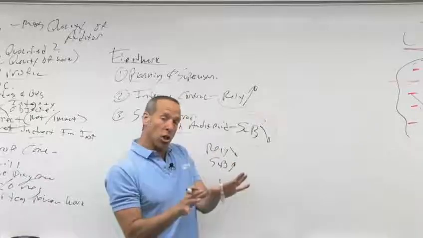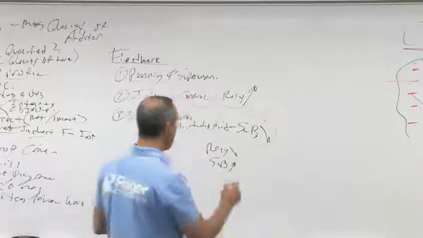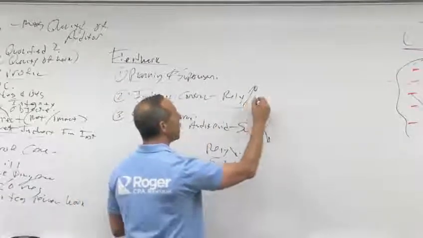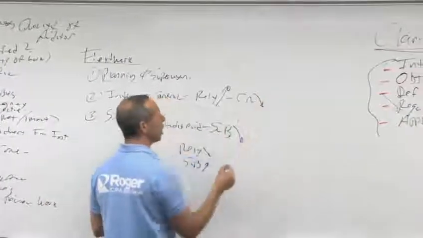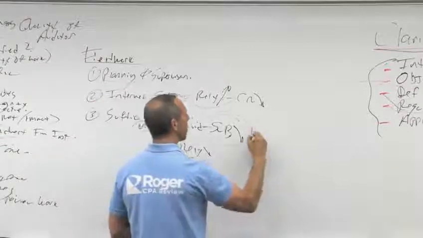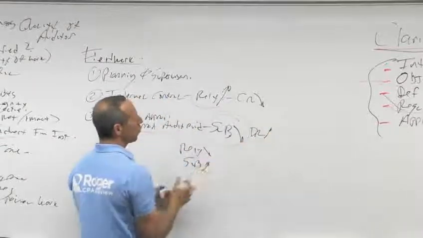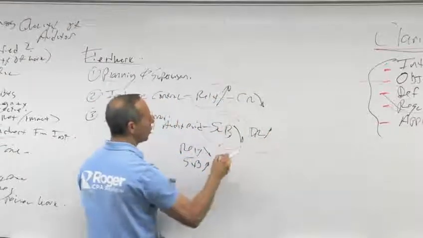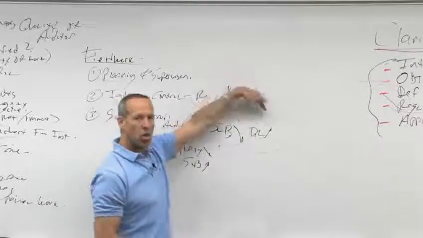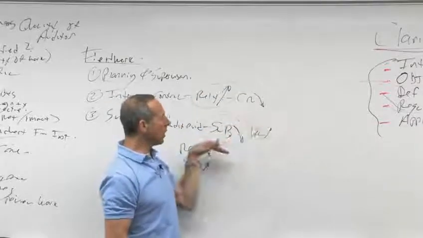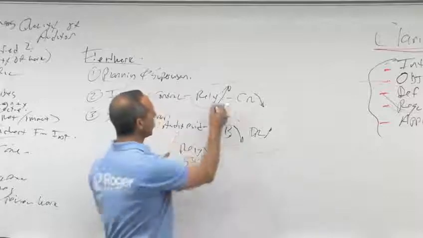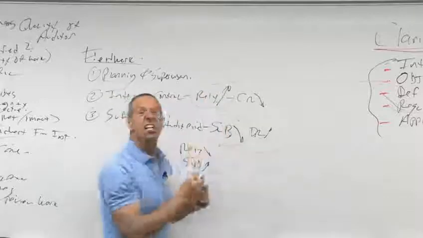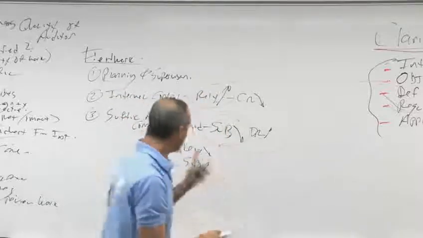Now, as you're going to learn later on in this section, if reliance is high, that means we think control risk is low. Therefore, we're willing to let our detection risk go up. Therefore, we'll do less substantive testing. So it kind of flows around in this direction. Reliance is high, control risk is low, detection risk goes up, we'll do less work. But what I want you to remember is this relationship, there's an inverse. One goes up, the other goes down.